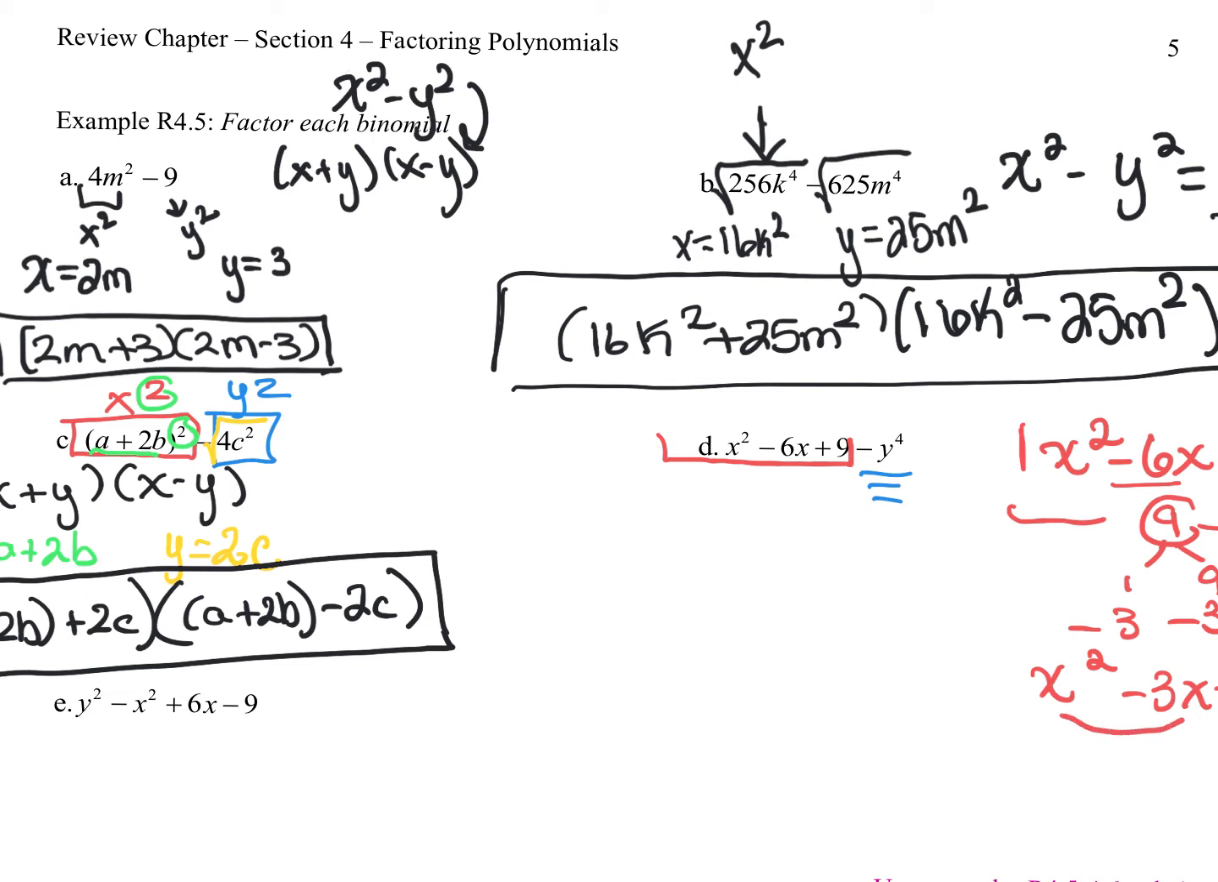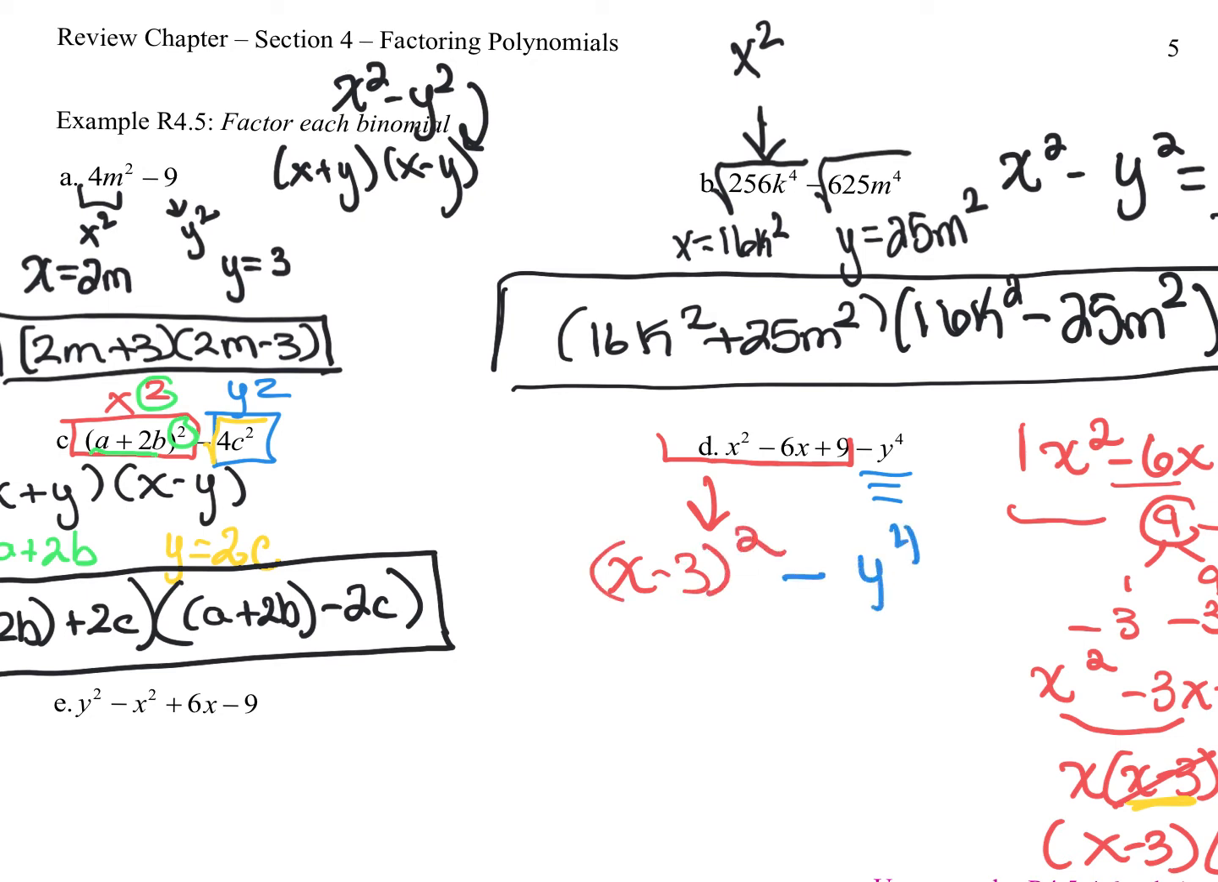Then you make your groups. The first group has an x in common, and you're left with x minus 3. The second group has a minus 3 in common. You're left with x minus 3. Both of them have an x minus 3 that we have to pull out. And then in the first group, I'm left with an x minus 3, which we can rewrite as x minus 3 squared. So this piece right here, I'm going to write as x minus 3 squared